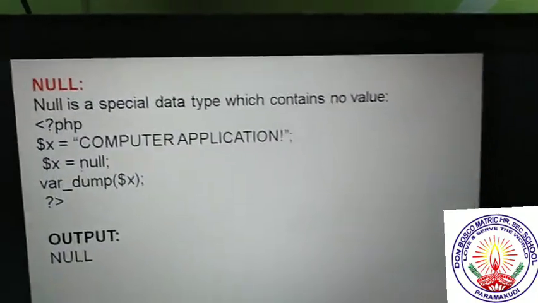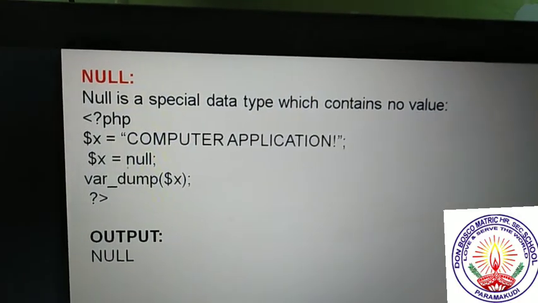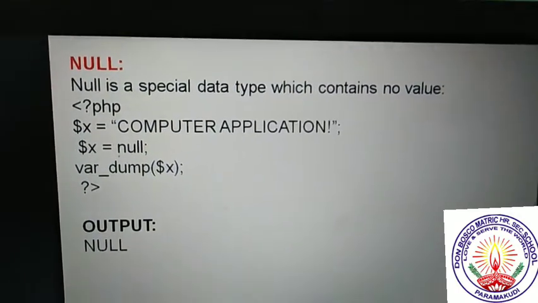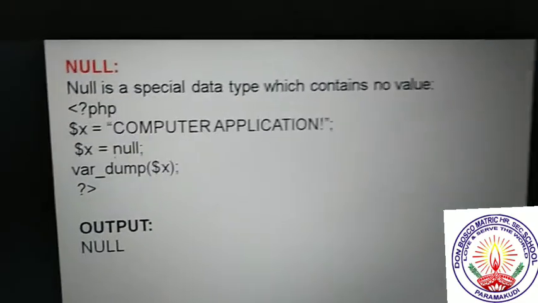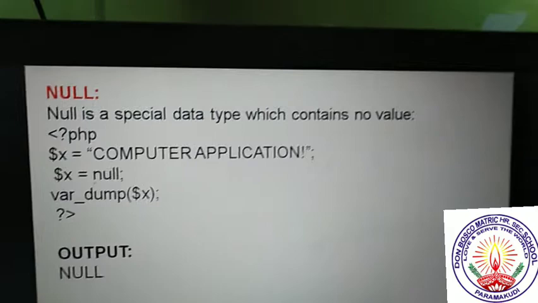And null. So null is a special data type in PHP. It contains no value. Null means nothing else. Empty, it's an empty variable. Null means empty.